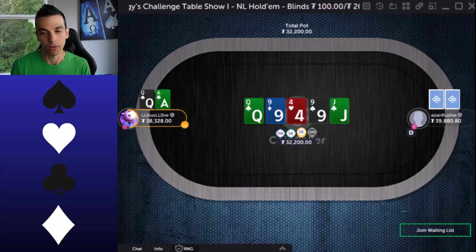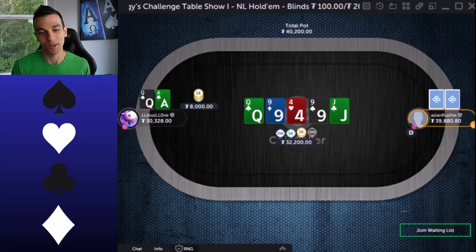I mean, now Flushy could have some traps like queens. Definitely kings and aces could both be in there. Jacks now gets there. So if you have ace queen, you're trying to get another street of value, really targeting maybe a king jack or a pocket tens. And typically you are going to see a very polarized situation from Linus, 9x plus kind of shove. But he goes, of course, Linus. I thought he probably misplayed the turn, but the player that he is,